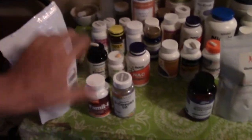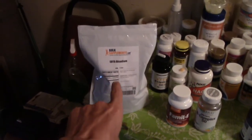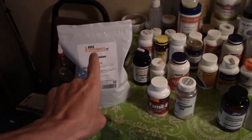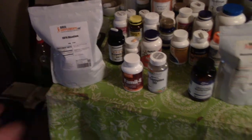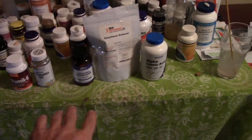And this is literally the last supplement I've bought. There's no other supplement on the market, I think, that I can buy. It's the EDTA sodium, and this is a potent chelator. I was testing all this other stuff for 7 months, and I started to lock in on the